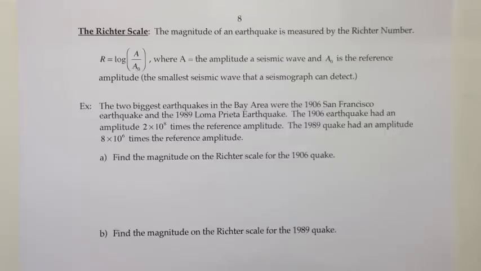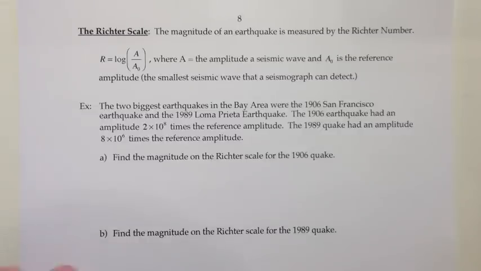Let's look at an example that uses this. The two biggest earthquakes in the Bay Area were the 1906 San Francisco earthquake and the 1989 Loma Prieta earthquake. The 1906 earthquake had an amplitude of 2 times 10 to the 8th times the reference amplitude, and the 1989 quake had an amplitude of 8 times 10 to the 6th times the reference amplitude. Find the magnitude of the Richter scale for the